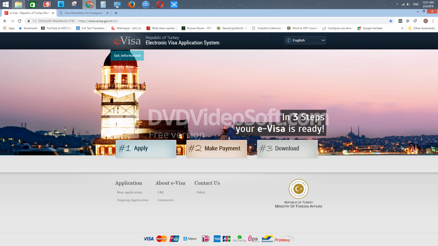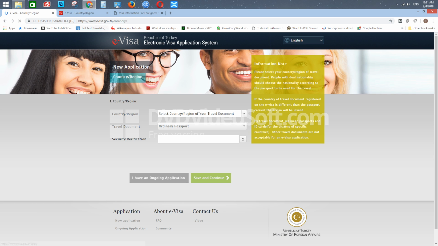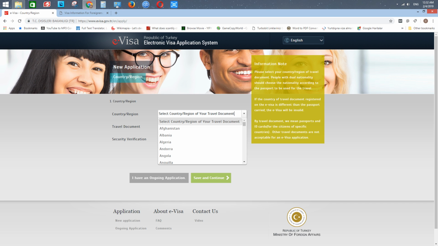We can start our application by clicking buy new application, or we can click apply now. Those are the same. After we click apply now, we are going to select country region, but that does not mean we have to select Turkey here. A lot of people fail while they are trying to make their application. We are going to select